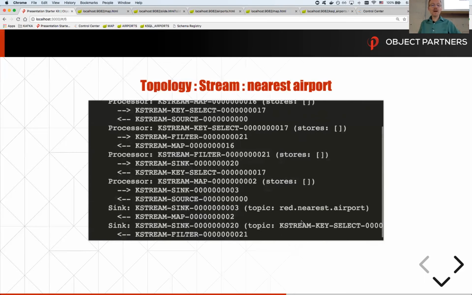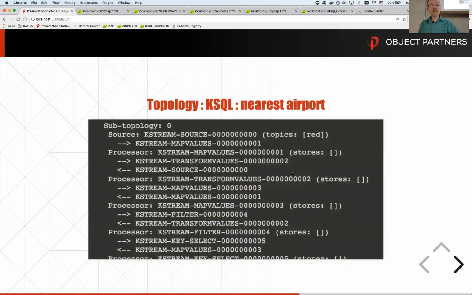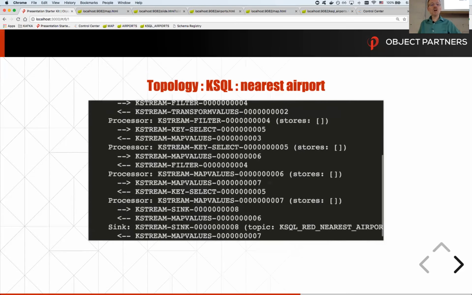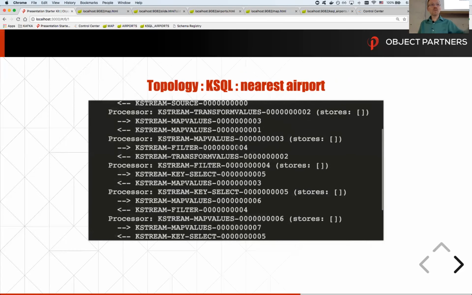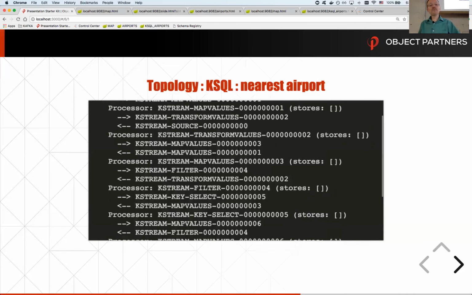It's doing a variety of processing, those group bys, those filterings, those processes down there, and writing it out to the nearest airport. If I look at the one through KSQL, it's a little bit longer. So in the process of it doing it, it did it differently than how my stream wrote, but we got the same value or the same result at the end.